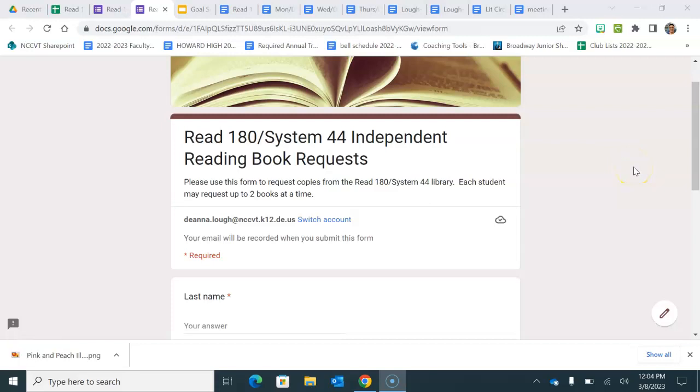This screencast will explain how to request books for independent reading for Read 180. This video is going to assume that your students have already identified books that they are interested in reading, and those books have been identified on the bookshelf as being paperback copies that they have to request from their